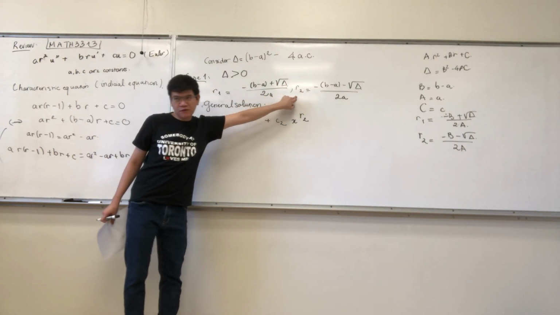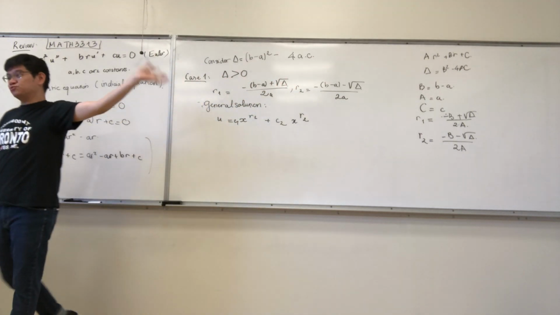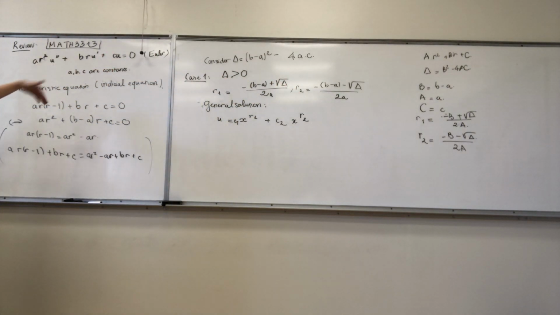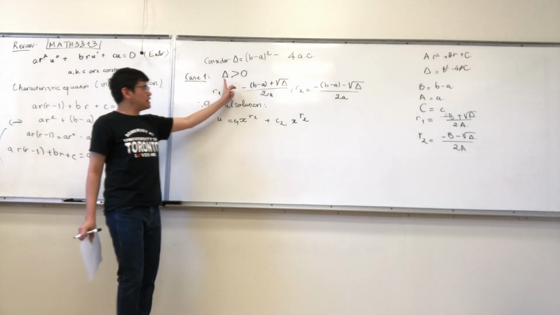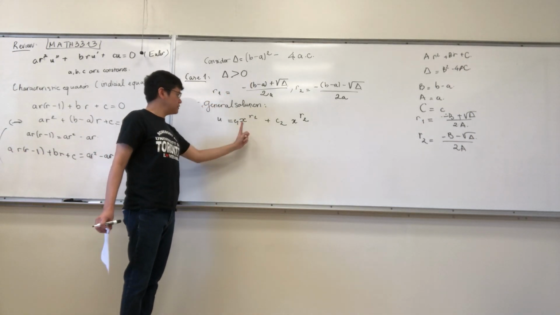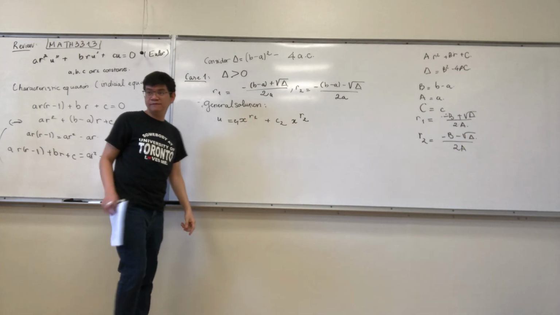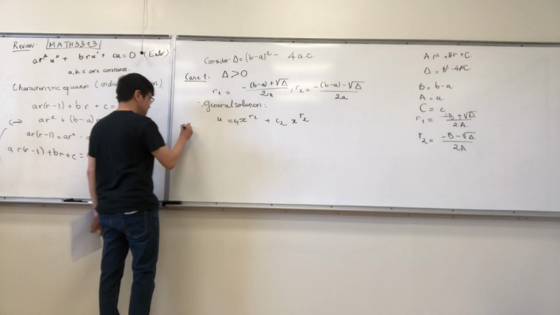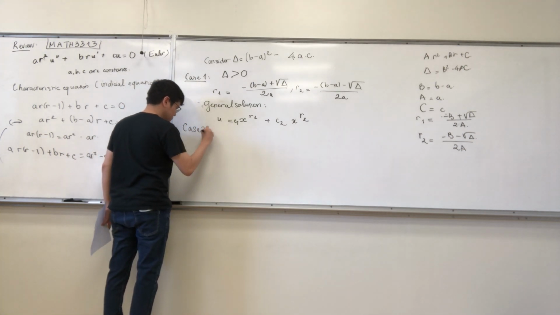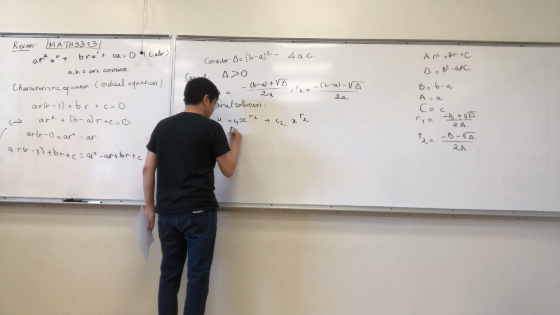This formula comes from the fact that I replace x to the power r into the equation, and I got this characteristic equation, all right? And in the case that delta is strictly positive, you have a linear combination of x to the r1 and x to the r2, right? Case number 2, delta is negative,